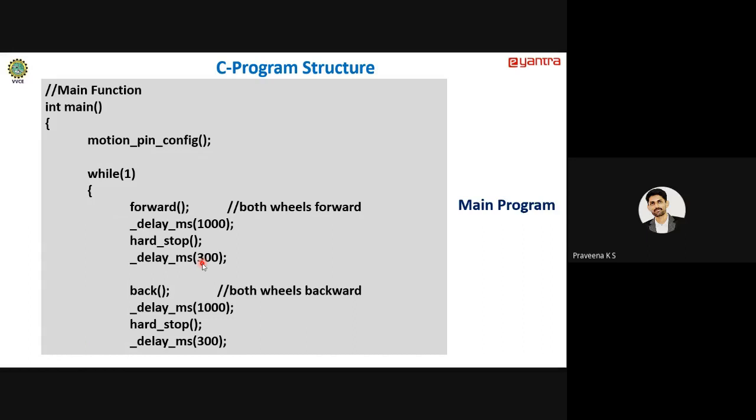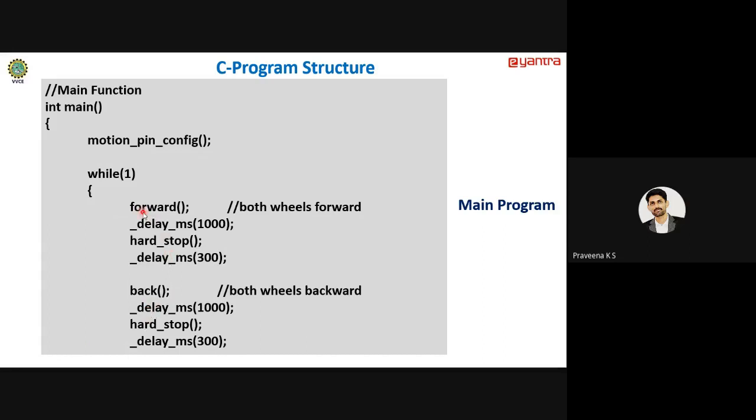Why? Because before you give the next direction to the robot, you have to stop the robot first, because it has to reset the pins first, then you have to set the other pins. So before you give the next instruction or next direction, the port B value should be 0, the lower nibble value should be 0. For that you have to stop first, then give the next direction.